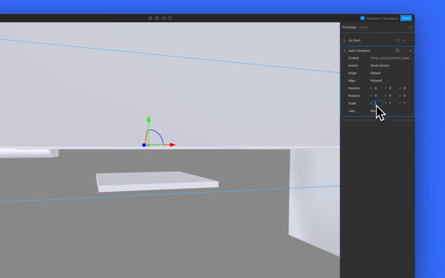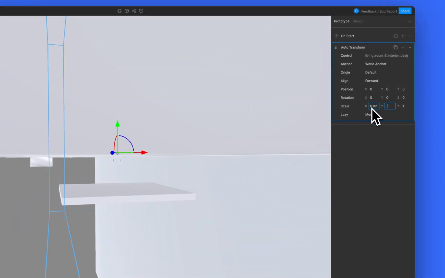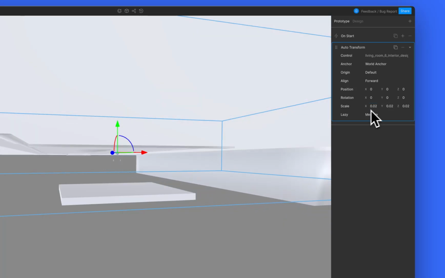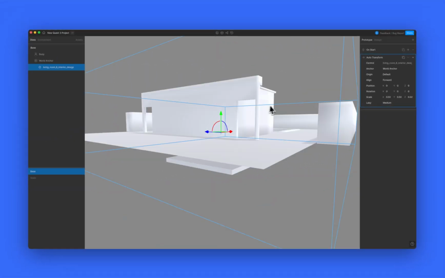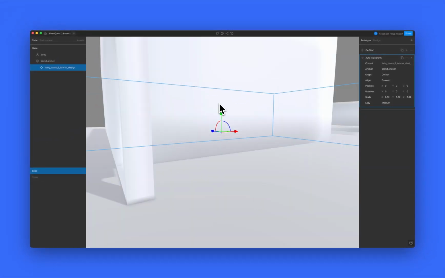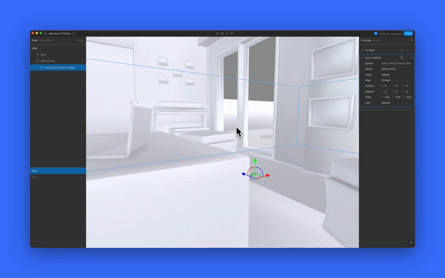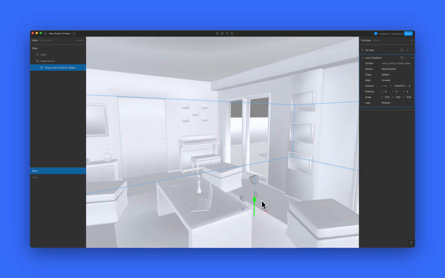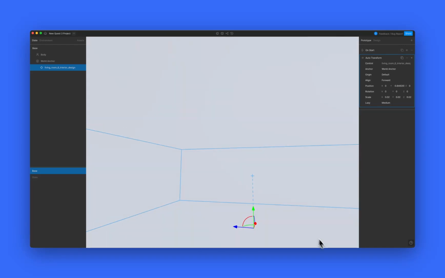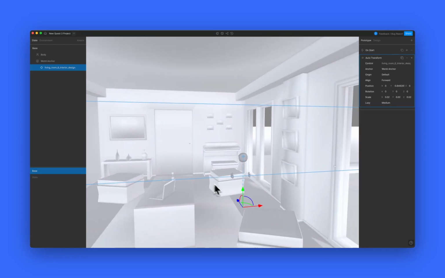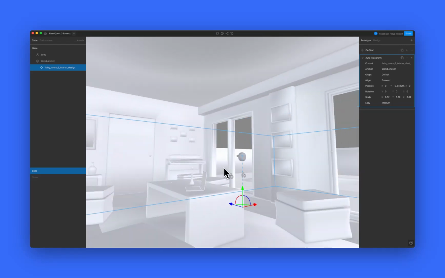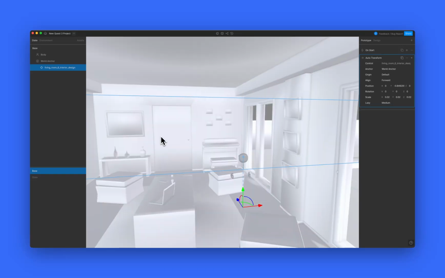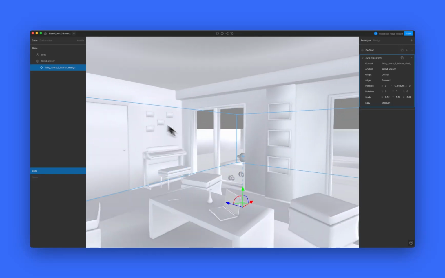So I'm going to scale this down probably to something like this. This looks like it could fit. Obviously, if you have an environment where you know the scale, that's useful. Okay, so now we basically have this environment. I start the experience looking in this direction, and it's going to be fixed in space, so that already works